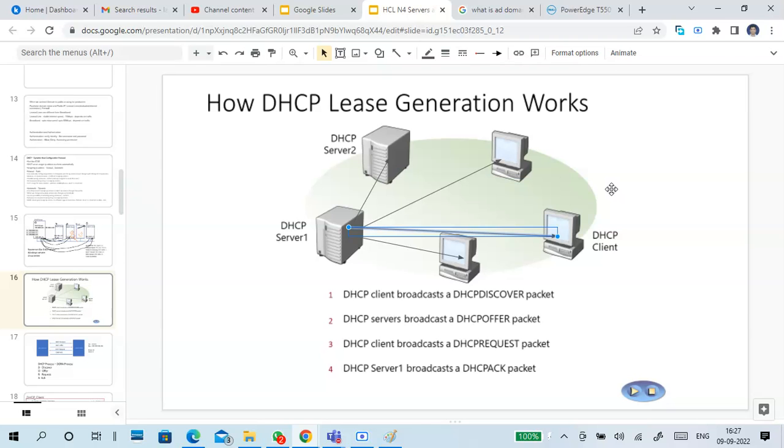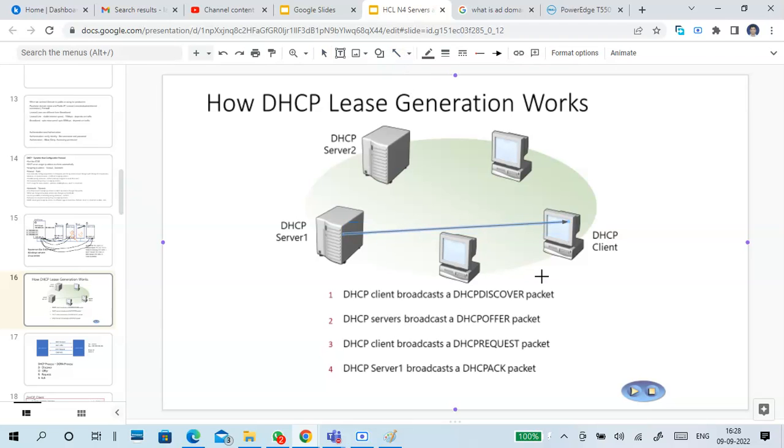Here it is the MAC addresses. How to identify a device without an IP address? By the MAC address. It is unique. So the DHCP server identifies this DHCP client by its MAC address, but doesn't know exactly where this client PC is. So it sends a broadcast back.